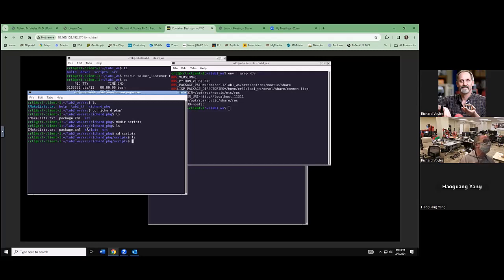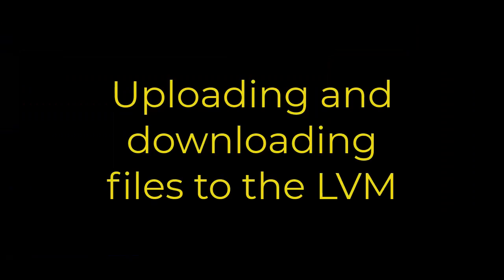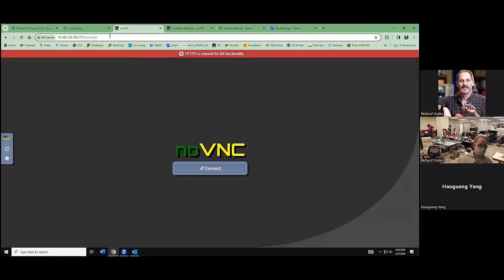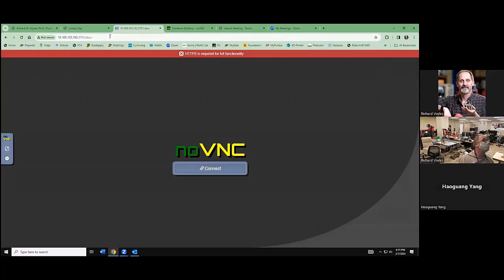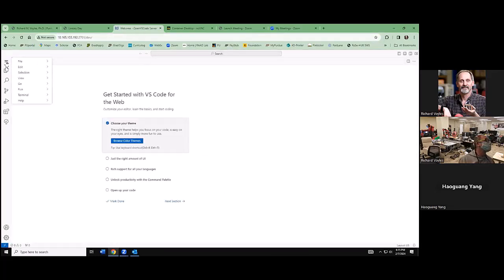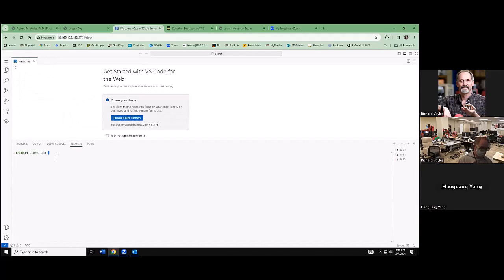So we're going to pivot here, and I'm going to show you how, using our virtual Linux machine, we can upload and download files using the VNC. So to upload and download files to the Linux virtual machine, we're going to launch the IP address :port/dev. Now, that allows us to launch a new terminal, as we've done before, and we can cd into our richard_package